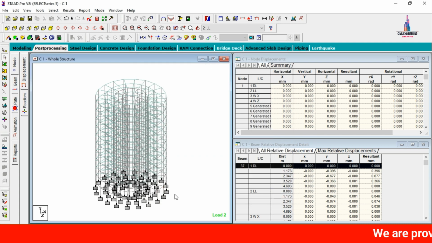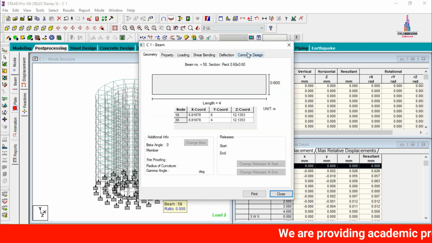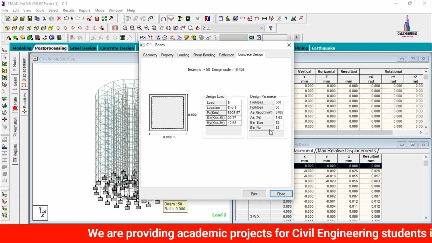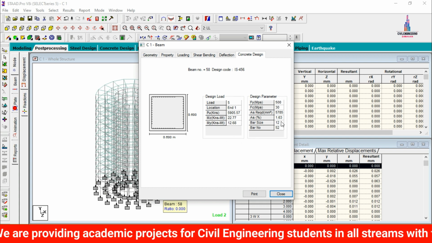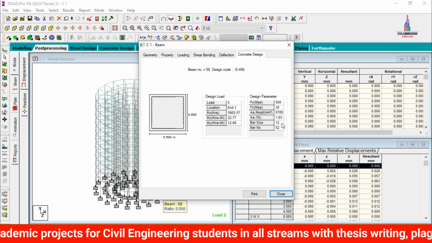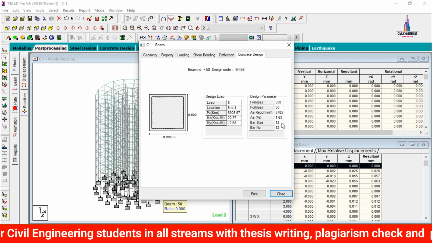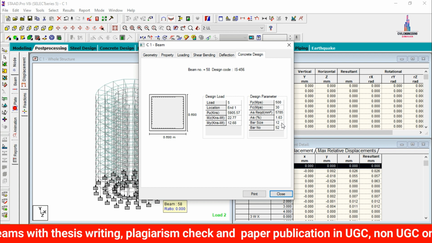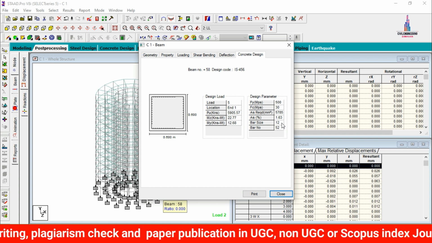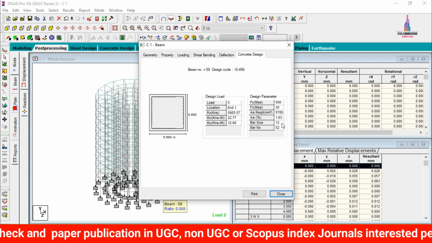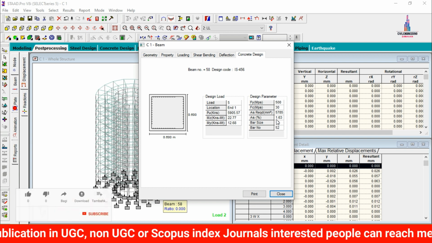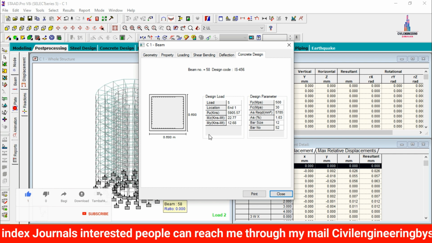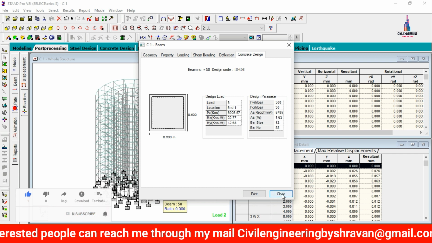In the same process we can select any one of the columns. Let us consider here, click on concrete design. So this is the concrete design. It is required for this respective section, 52 bars, which consist of 12 on the sides, and the percentage is 1.63, and the area required is 5785 mm square. Okay, but in a practical situation it is not possible to provide this number of rebars in the vertical portion of the column section. So that's why we need to increase the size of the bars to equate the area required for this respective member. Okay, so this is the column reinforcement details.